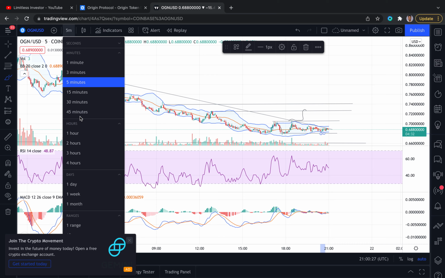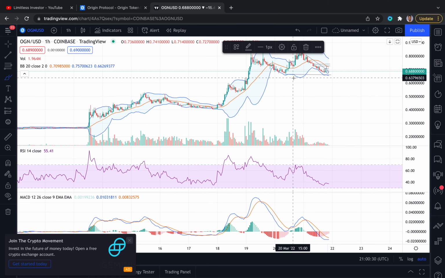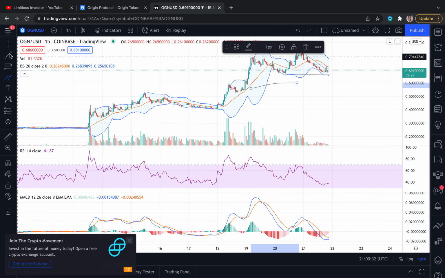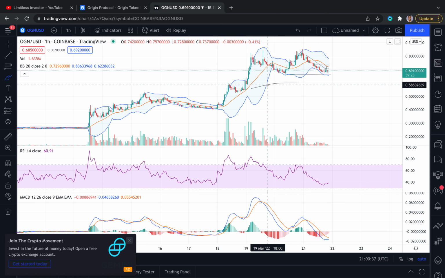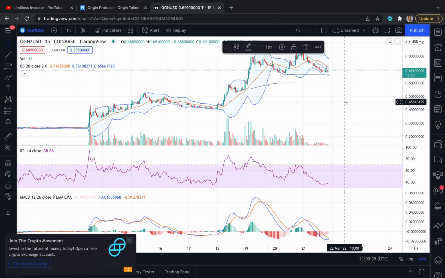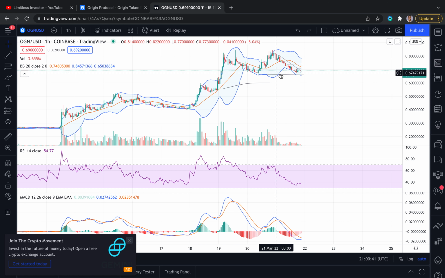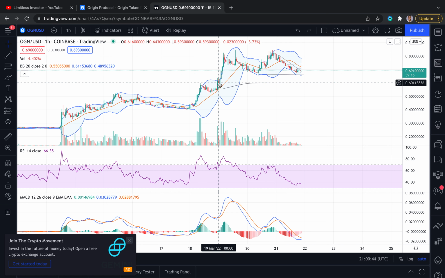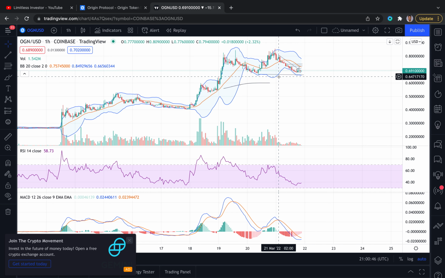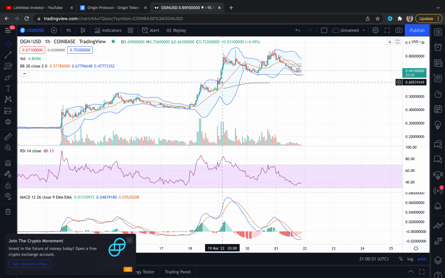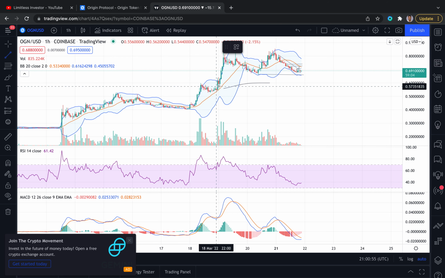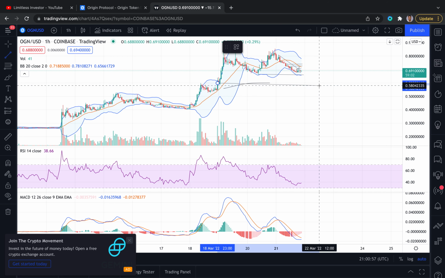Okay, awesome. Let's take a look at the 1 hour as well. So as we can see, with the 1 hour, if I take this line out, we can see the lines that I drew out here as well, and current price is at 0.69. So as I said, if price does break out of these zones, we could also see for the 1 hour time frame a retracement back at these levels here at the 0.58 cents, which hopefully doesn't